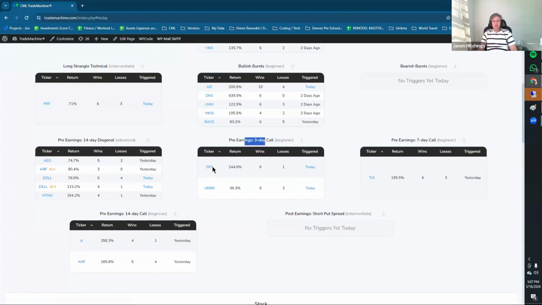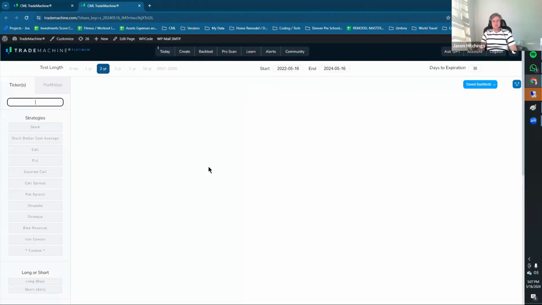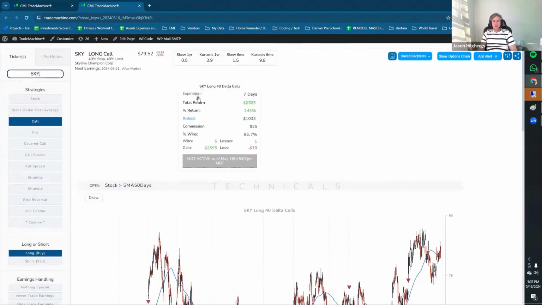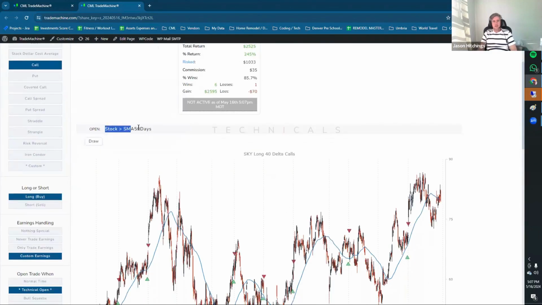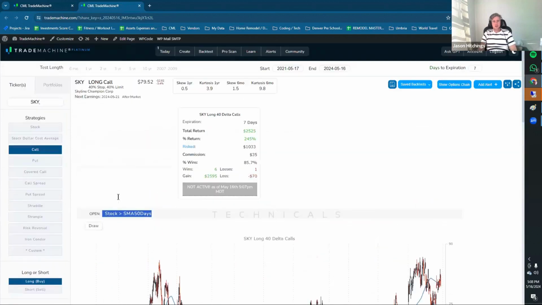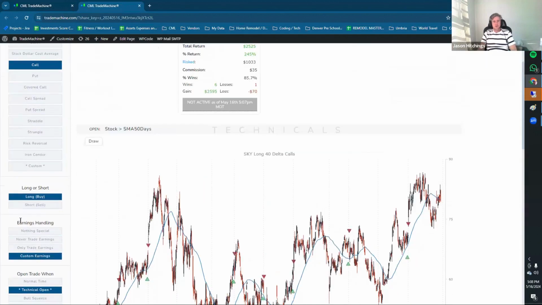And this is just a 3-day pre-earnings strategy. So clicking on Sky, you can see that it's a 40 delta call and that the stock has to be above the 50-day simple moving average in order to trigger. And in order to find out the specifics on the earnings strategy, you go down, scroll to earnings handling,